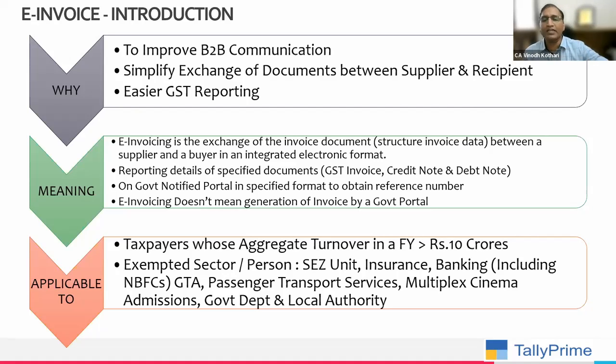And then for whom it is applicable. So as on date, it is applicable for those dealers whose aggregate turnover in a financial year, please note that this is a very important part where many of them get confused, exceeds 20 crore as on date. But with effect from 1st October 2022, it is 10 crores. Now, what is this in a financial year? What is this aggregate turnover? These two things are very important for you to understand.